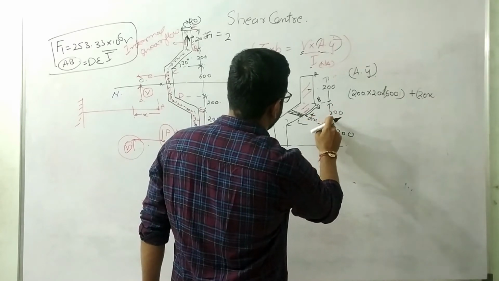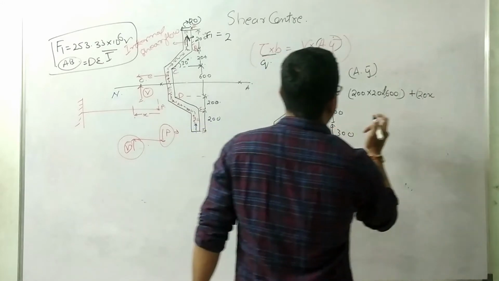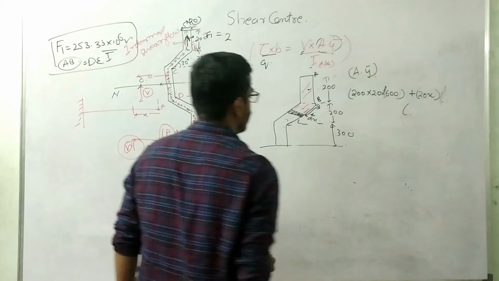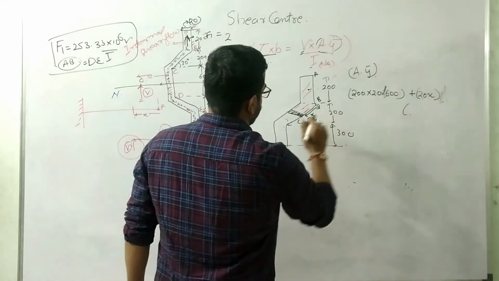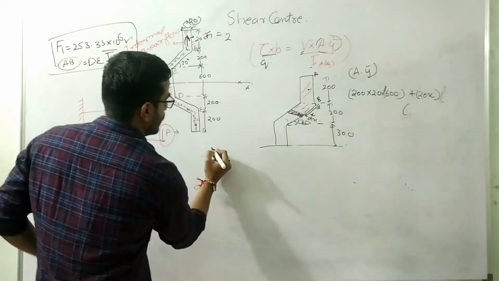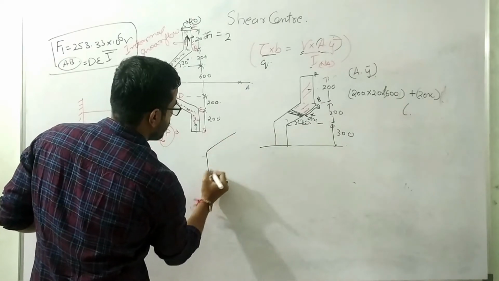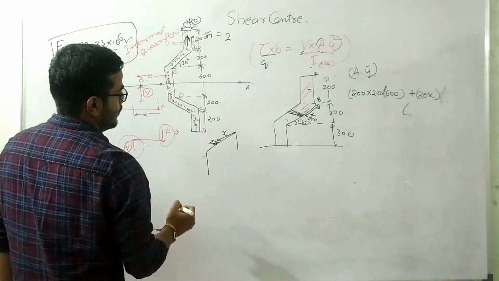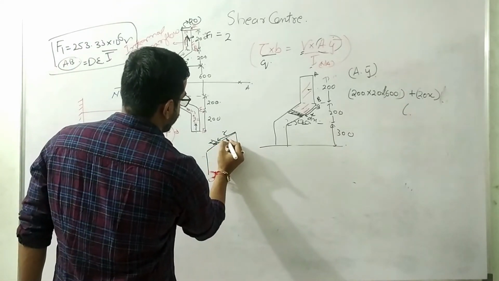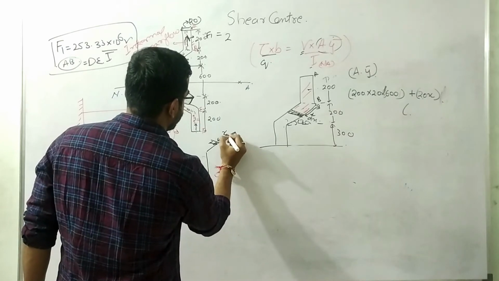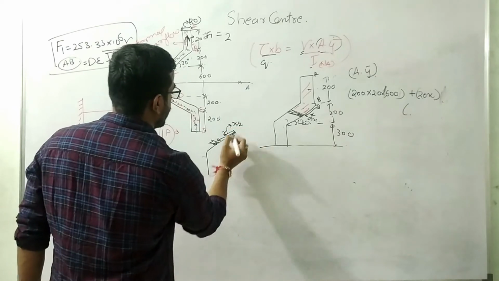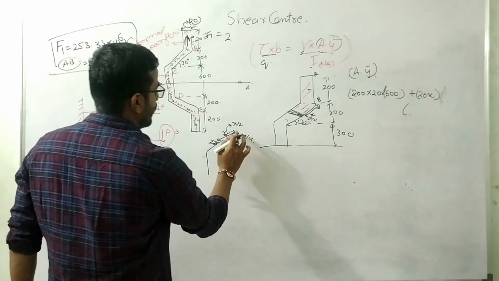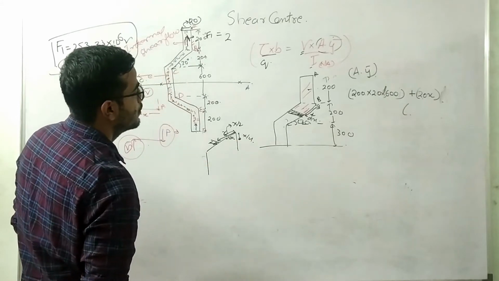500. This will be x by 2. Okay, so this is the area, and what will be the centroid? The centroid of this will be, this angle is 30 degrees. Okay, so this is the case at a distance of x. I am taking a dx element, so I need to calculate what will be the centroid. Its centroid will again be x by 2, and this portion will be x by 2. Okay, and sine 30 will be x by 4 here. So the centroid will be at this location, x by 4.